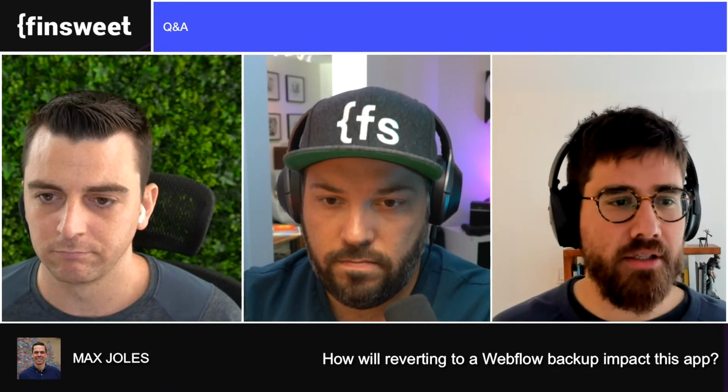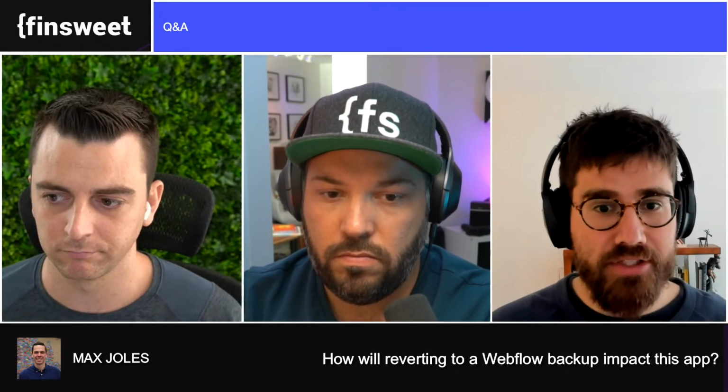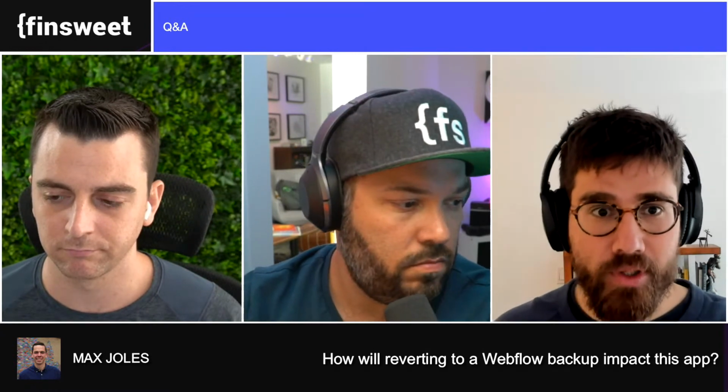I can talk theoretically. I haven't backed up anything, but I know that when you back up Webflow items, they change the CMS ID, right? So that breaks everything. So you'll need to remap your keys. Now, one thing that I will say is that if you have all of your information in Airtable and it syncs directly to Webflow, Airtable has automated backups.